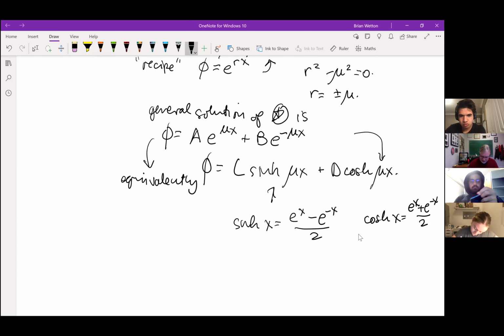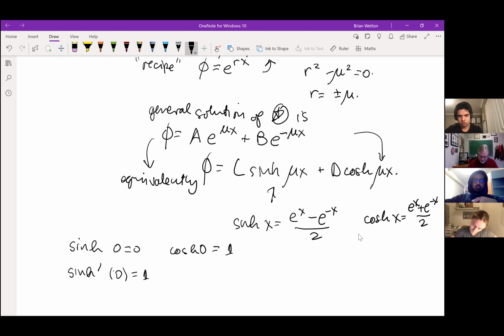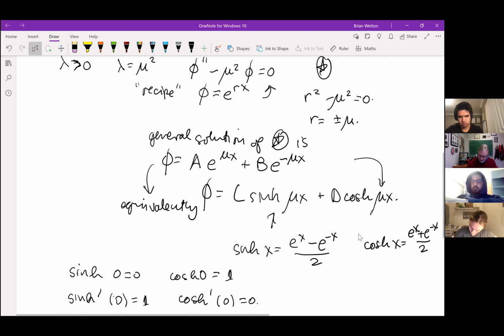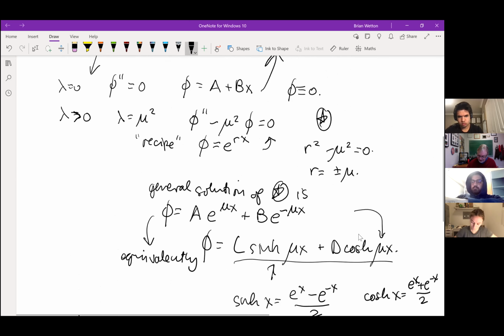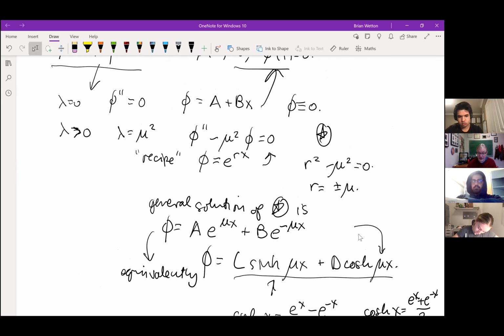And the nice thing is, of course, hyperbolic sine of 0 is 0. So that's going to make applying the boundary conditions easier. Hyperbolic cosine of 0 is 1. And if you look at their derivatives, it switches. Right, so this is a useful combination. So this is the form of my solution,